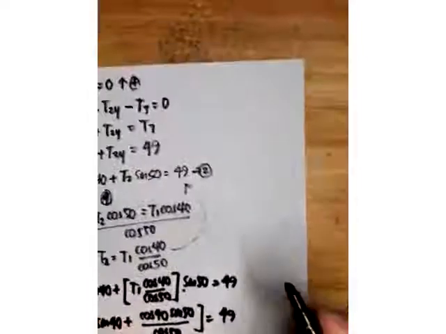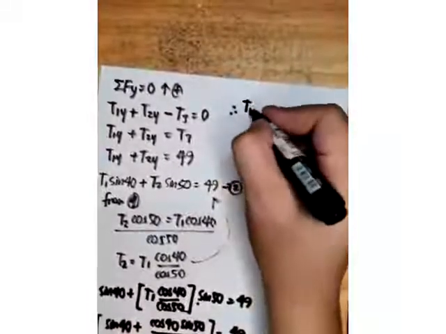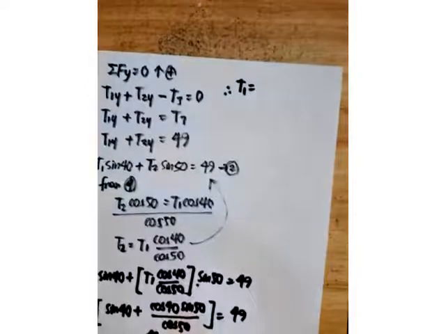So what is tension 1? Therefore, tension 1 is equal to 31.5